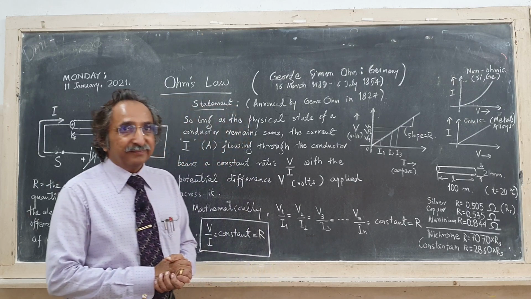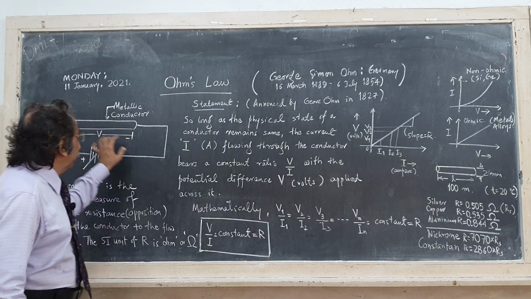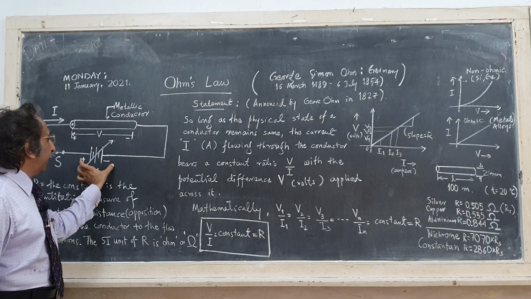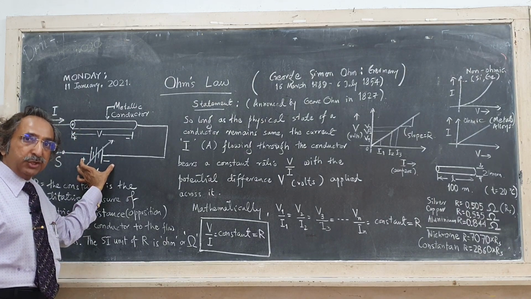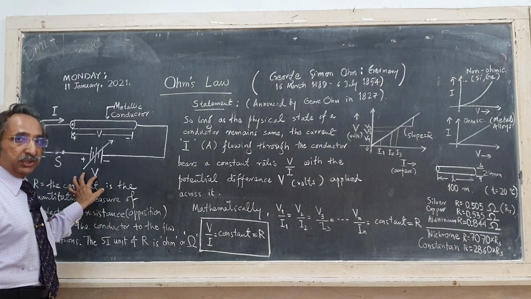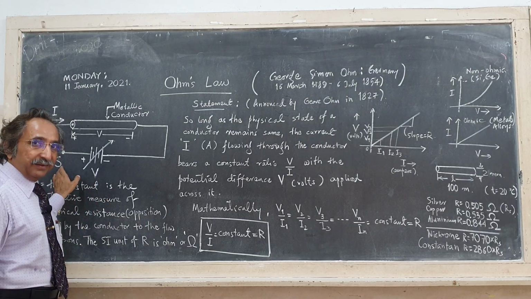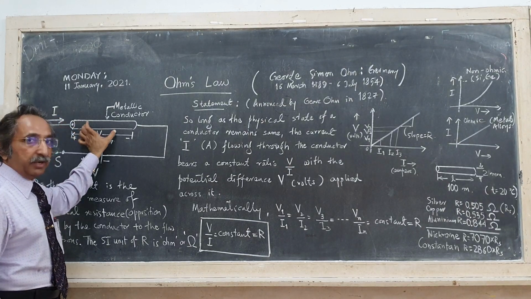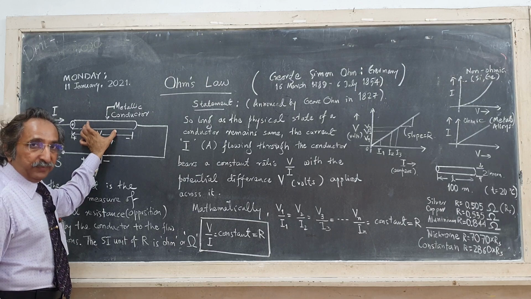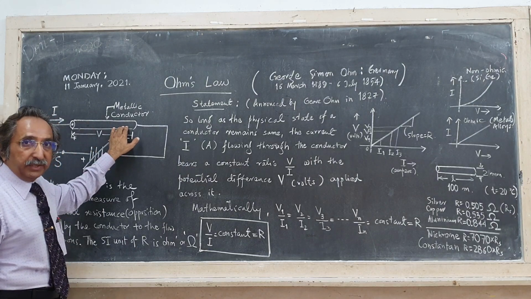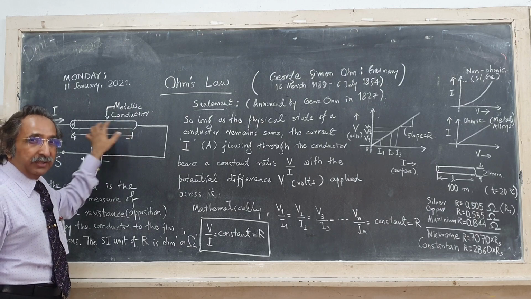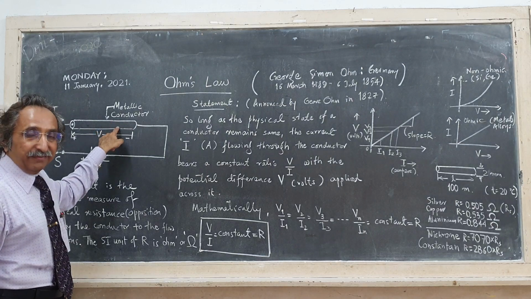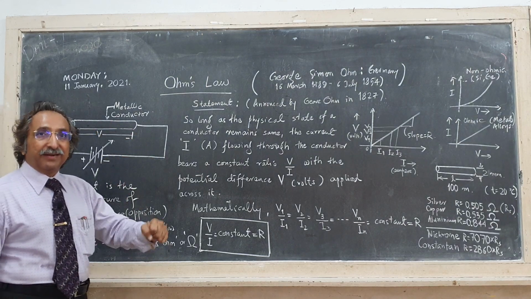Consider this circuital arrangement where we have a metallic conductor. Across the conductor, we have applied a variable electrical potential difference V, which upon closing the switch S produces a current I flowing through the conductor. Now, if you do not change the temperature of the conductor, if you do not change the dimensions of the conductor, and if you do not change the conductor itself, which is all summed up as a physical condition,